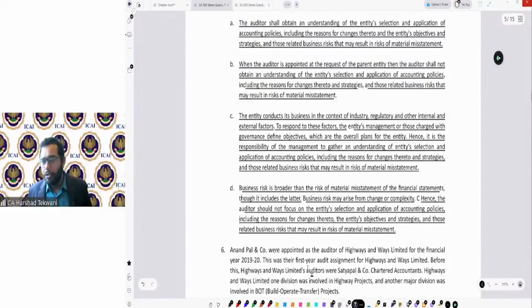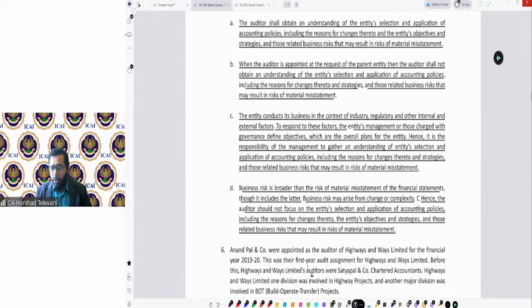The reason is because there are two things. Number one, selection and understanding of application of accounting policies. Remember, I gave an example of POCM. Let's say there is a wholesale trader, a company dealing in goods. Now, what if they apply the accounting policy of recognizing revenue as a POCM instead of normal Ind AS 115 or something like that? Do you think it is appropriate?